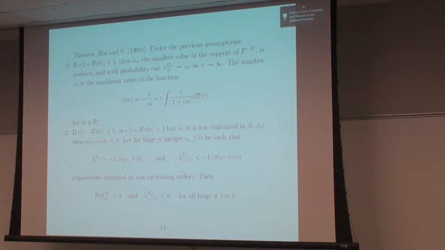And it turns out that this is negative, and here's where we do the comparisons. For n large, we'll have an integer i_n such that the nth largest eigenvalue of Tn is bigger than or equal to this value, and the (i_n plus 1)th largest eigenvalue is less than or equal to this value here. I'll draw something on the board in a second. Oh, here they are arranged in non-increasing order, so biggest to smallest.